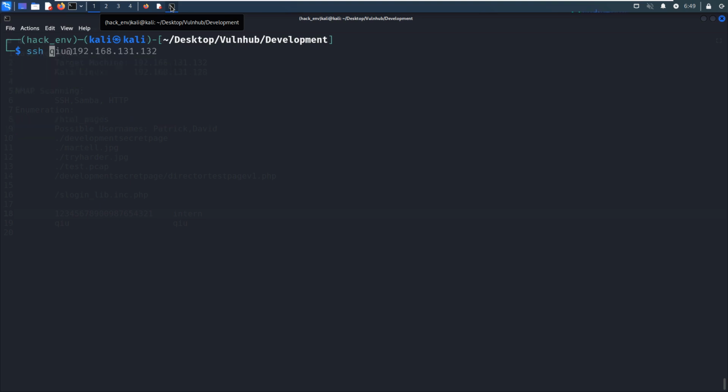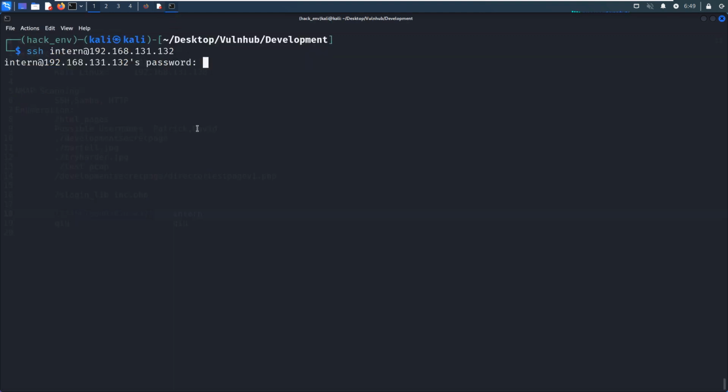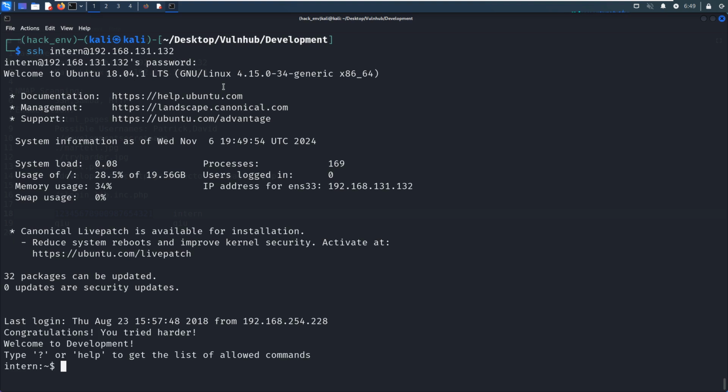Next we can try another user, intern, right? And we can copy its password from here. Copy. It does work.